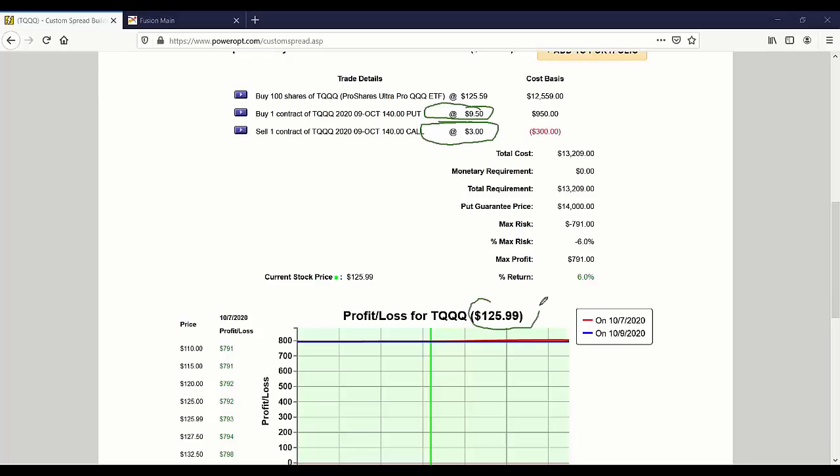If the stock stays where it is right now, and you can still get this sort of conversion straight line profit and loss chart, a guaranteed 6% return no matter what the stock does if you leave it alone through expiration, then you could go ahead and roll to that early. But for right now, I'd like to see perhaps a little bit more time decay in the option that I'm holding that you sold for $3,